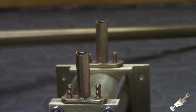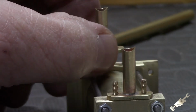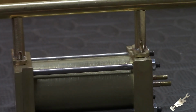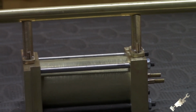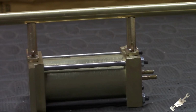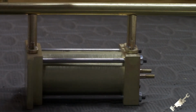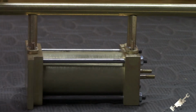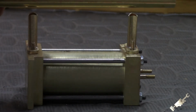So that's what I was hoping for. I didn't want one to get twisted, and definitely wanted them to be the same height. And how clear this comes out here, I'm not entirely sure, but zoom out a little bit. The camera's really not straight, but this looks pretty parallel to the cylinder. And that was one of the important considerations as well. So I've got to get this tube cut down to length, and